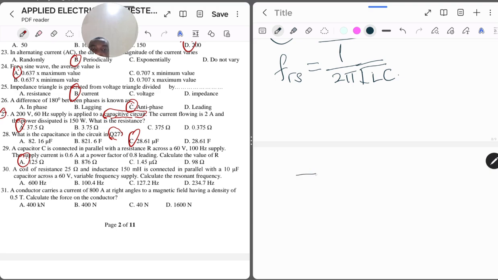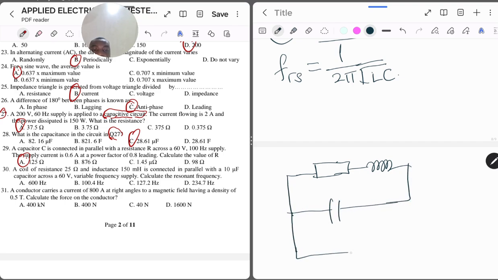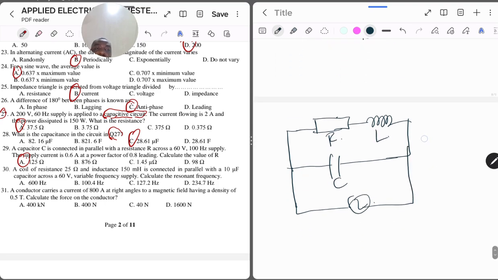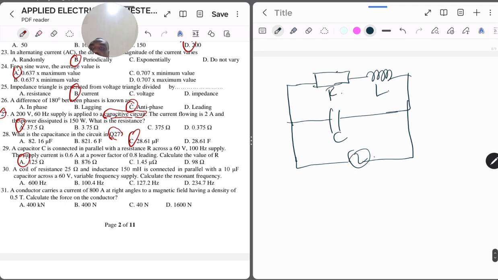So you have a resistor here, then you have an inductor, and these are in parallel with the capacitor. So this is how the diagram will look. For this connection, the formula for the resonant frequency